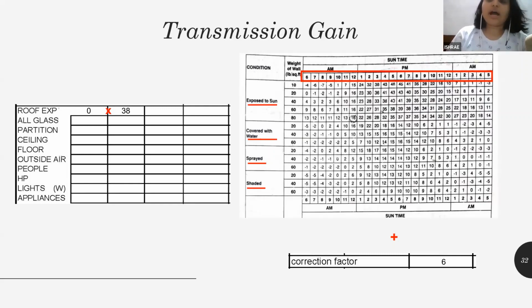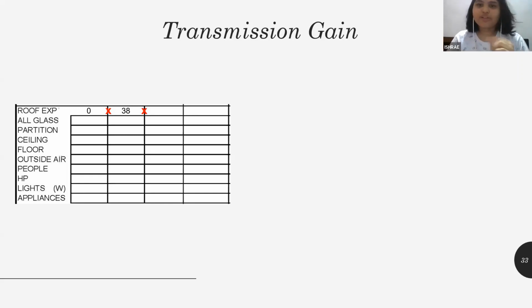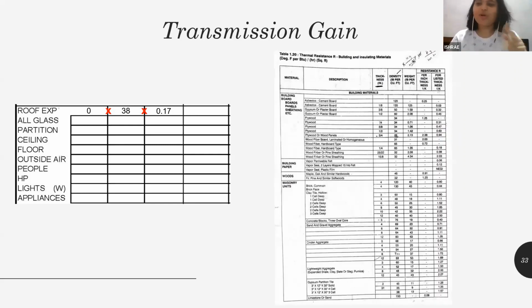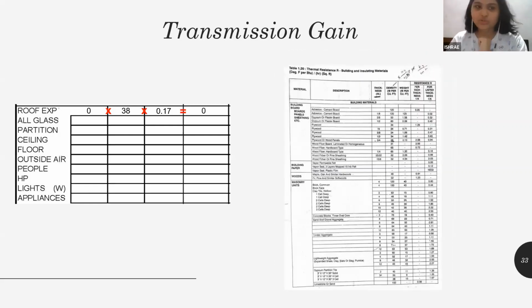Then I also need the U factor for the roof, just like glass or wall. That also depends on its material. So the material I've taken for the roof has given me a U value of 0.17. Again, you can use the formula that I had shown before when I was showing the wall part. So when you calculate the material for the roof, you'll get the roof U factor and you can add it to the table. When you multiply all three, you will get the final BTU per hour through the roof.